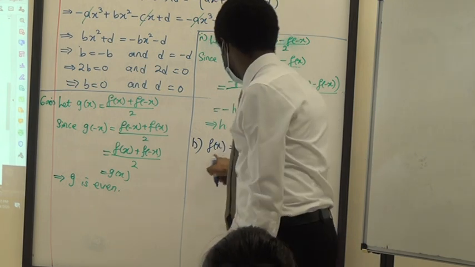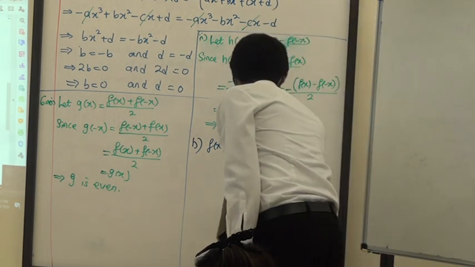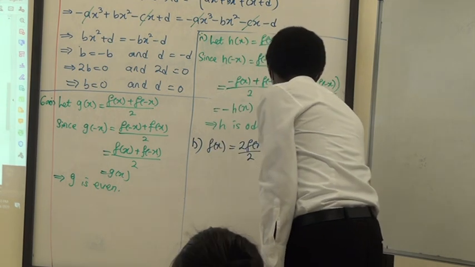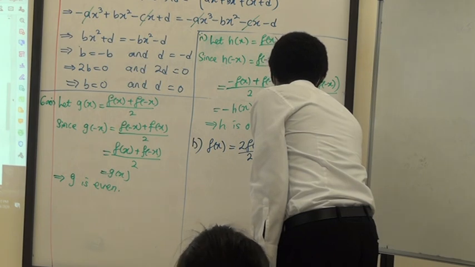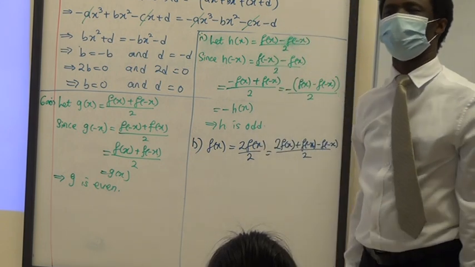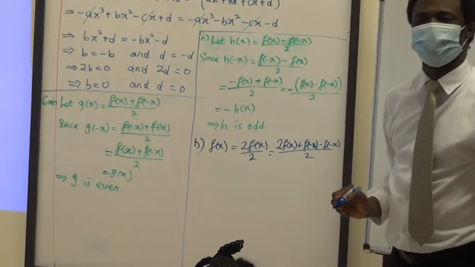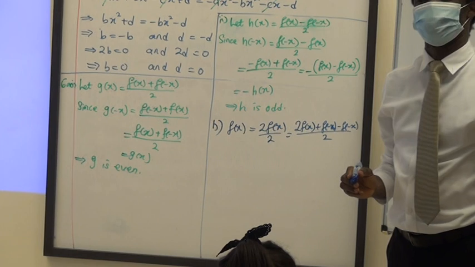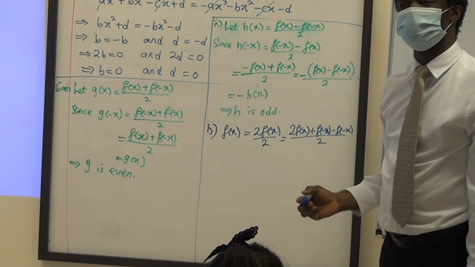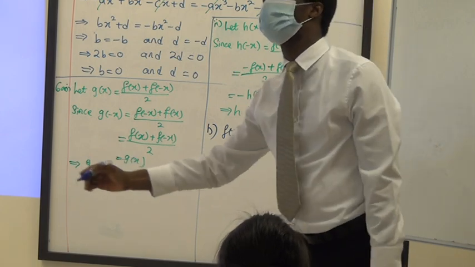Okay? So f is 2f divided by 2. Right? Then I'm going to say 2f of x. I'll add something and subtract it immediately. So because I already subtracted, you have no reason to crucify me. Oh, why did you change my question? No, I just put it there and I took it away immediately. It's like writing rubbish in your note and erasing it immediately. Do you get my point? Just to achieve my aim. Okay? A bully sometimes will do that, writes rubbish and erases it, and when the teacher says something, he says, no, I already erased it. It's just trying